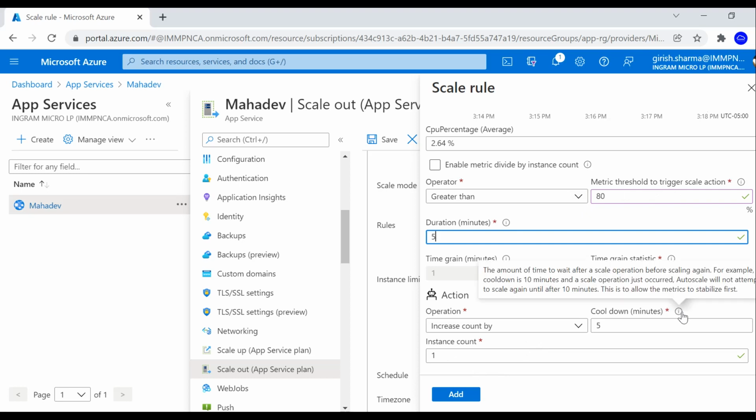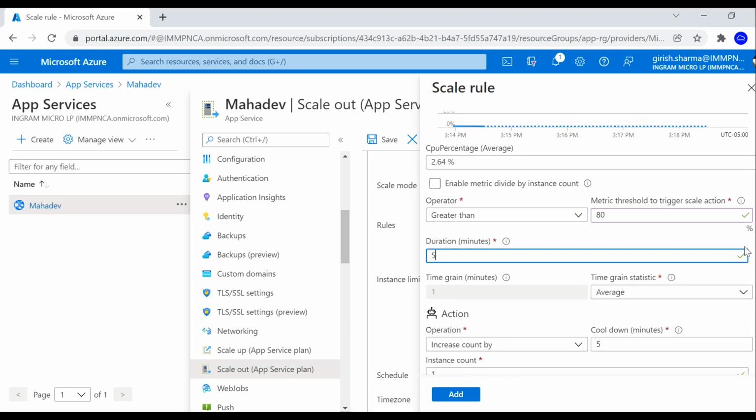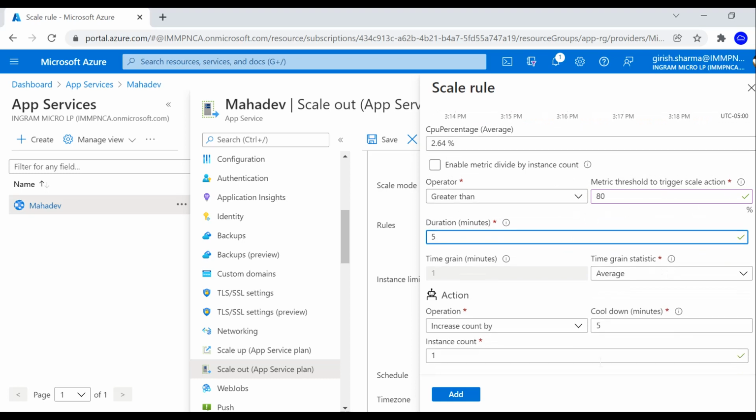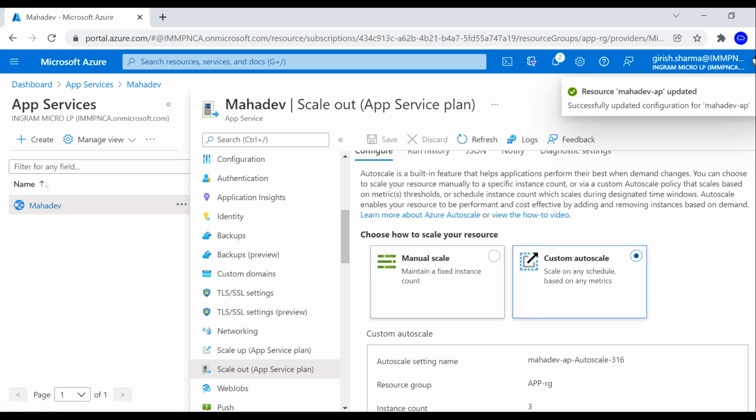And you can also have the cooldown period, right? I'm keeping this at 5. So on average for 5 minutes, then this condition will trigger again, and then it will add 1 more count. But the important thing to remember: if the average CPU percentage on my instances reaches 80%, increase the number of instance count by 1. I can increase this number further too, but right now that is what we are adding. I'm going to click on the add button, and make sure that you also click on the save. So we have added this metric of